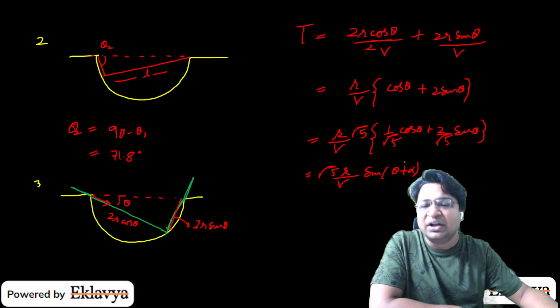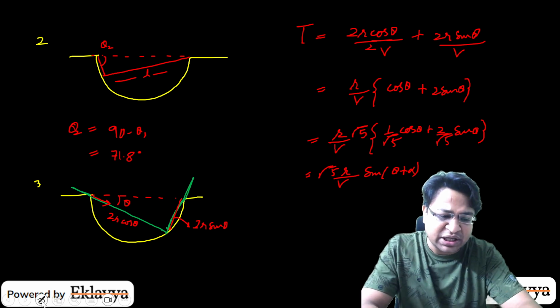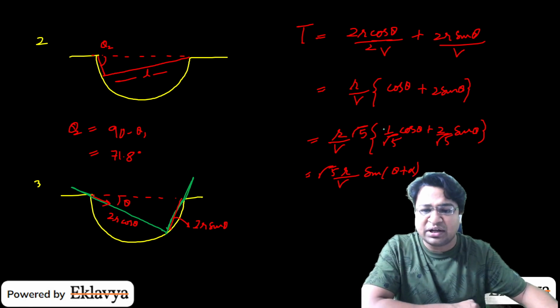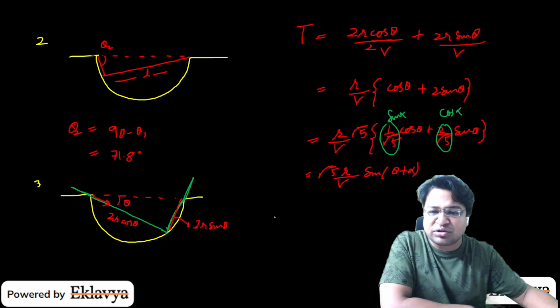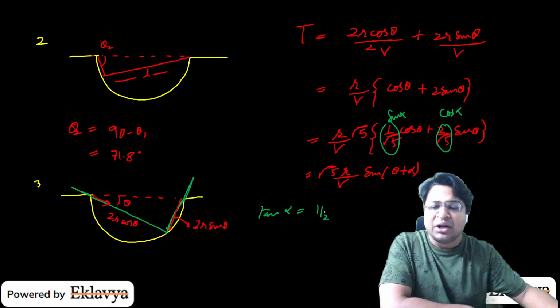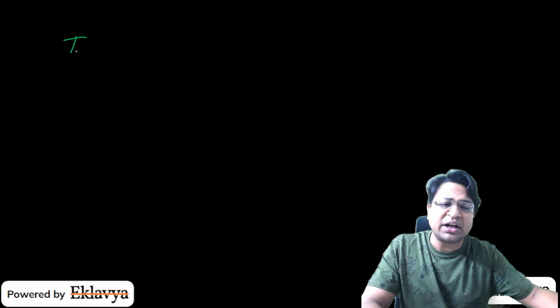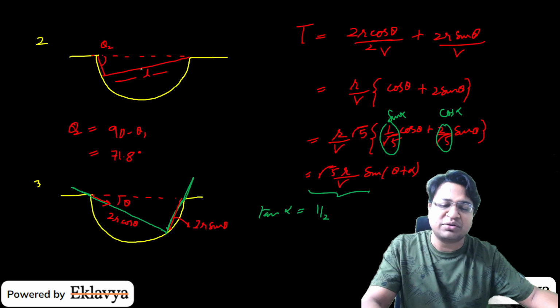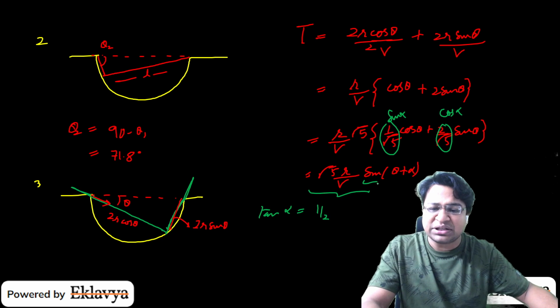This unknown angle alpha can be found out. How can we find it out? We will choose this value as sine of alpha, and this value as cos of alpha. So from here we will discover that tan alpha will be equal to half. Now, what this equation tells us is that we can calculate T max readily from this equation. T max would be root 5 r by v,